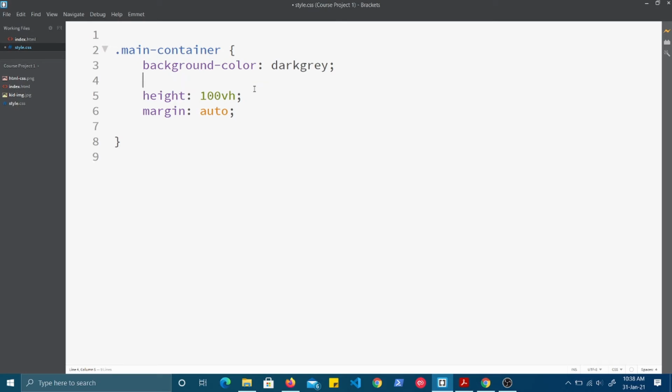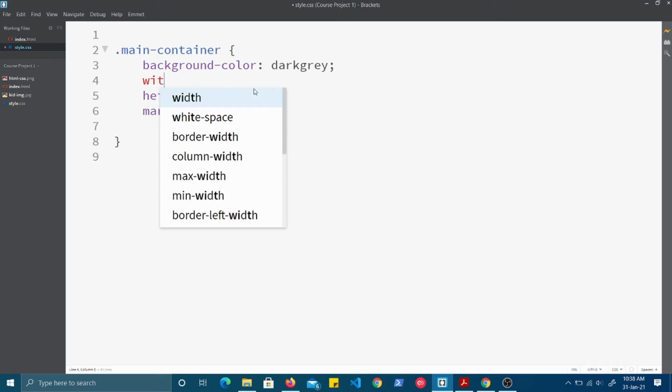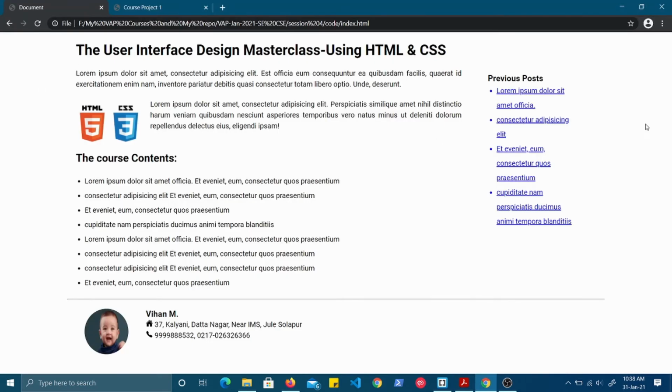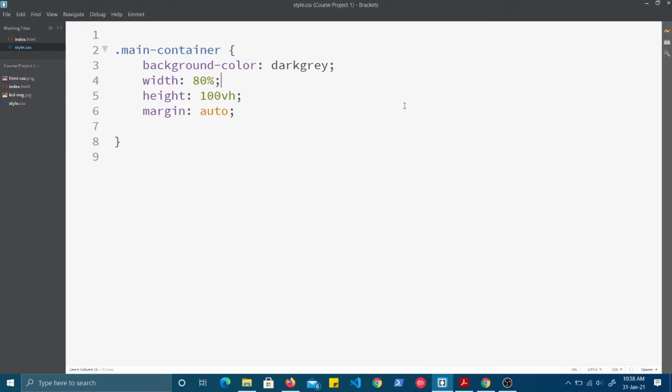So width will be 80% of the viewport size. I have shown you that you can give percentages also. So vertical height is taking 100 viewport height, but the width you are specifying only 80%. That means you will be using only 80% of the width, so 10% to the left and 10% to the right will be white space. This is what you want to do.